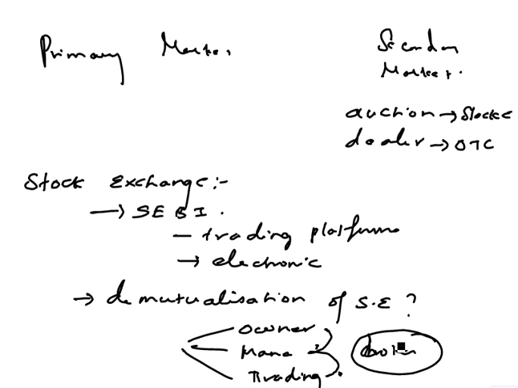The disadvantage in the mutual exchange is that there will be a conflict of interest. Maybe a broker will be attracted to a particular company, and thereby he will be doing trading and management which is biased towards that company. But that is eliminated in the case of the stock exchange because it is demutualized. The ownership, management, and trading are independent, separate, segregated from one another. That is something that I wanted to discuss. And now let's see stock trading in India.